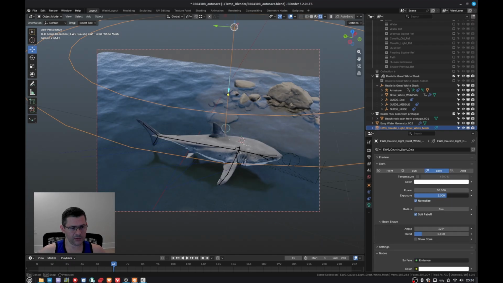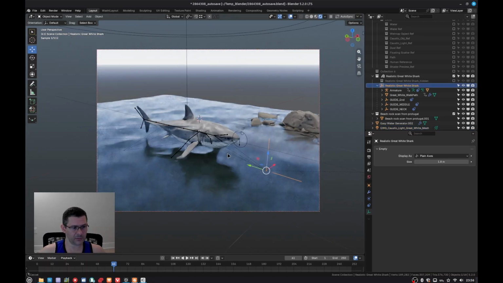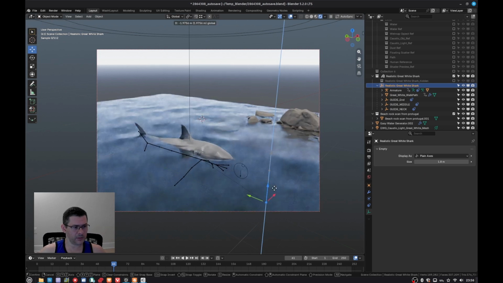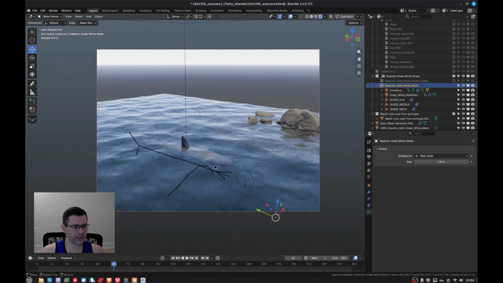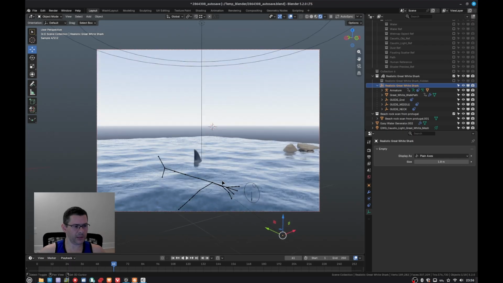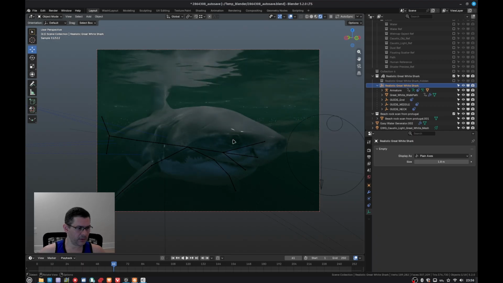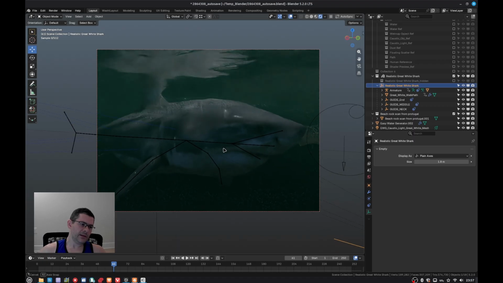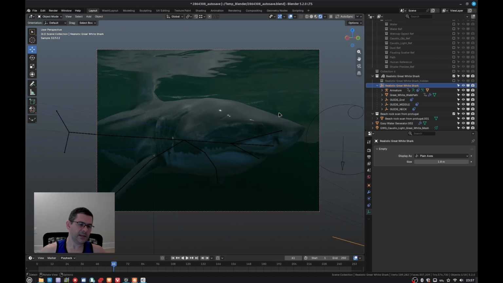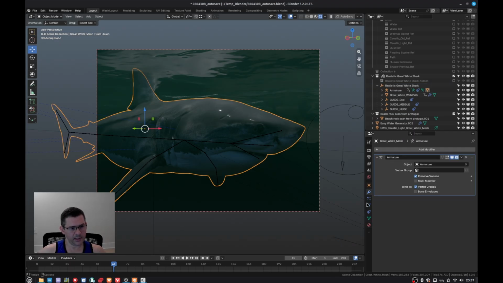Okay, as you can see here, you can crank up the light and you will see the caustics right away. Okay, so this means that basically if you get this great white and put it beneath the water, right, you will have the caustics affecting this guy. Okay, if we go here beneath the water, right, go close to the white shark, we will see that the caustics is affecting this guy. Okay, you can go here to this guy and